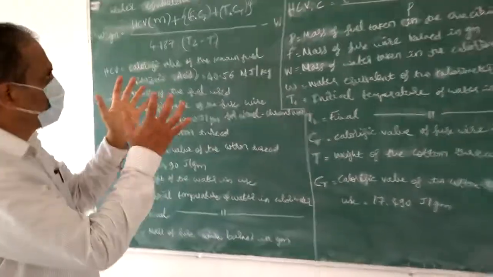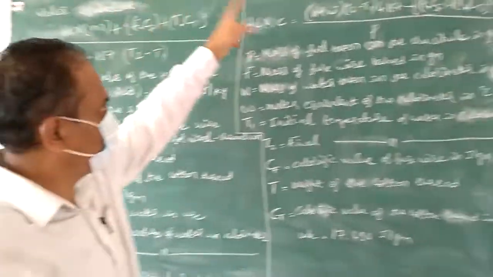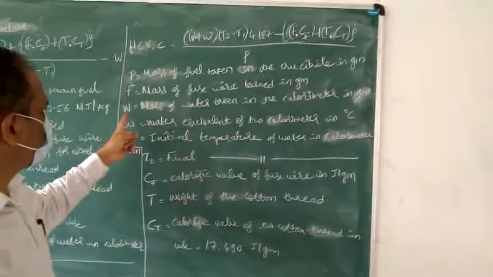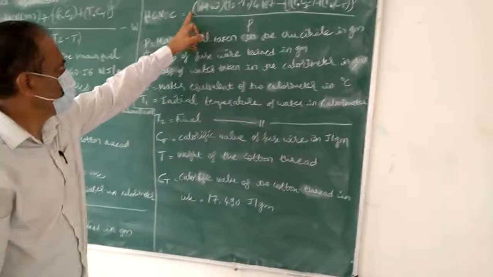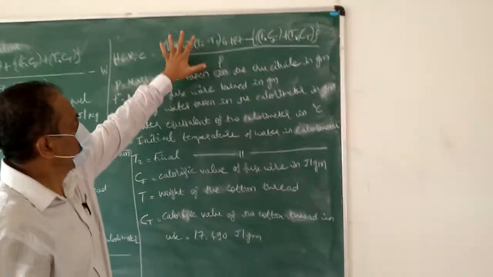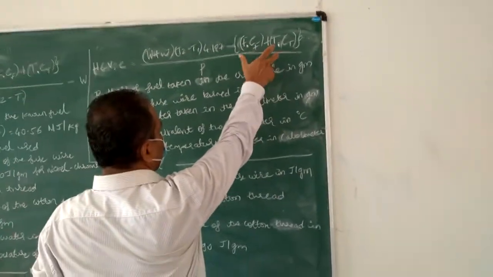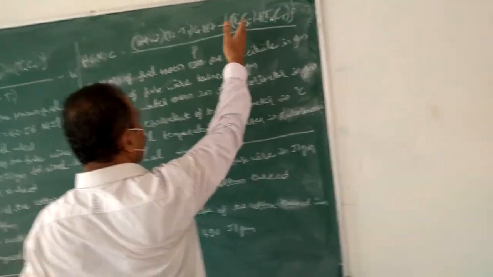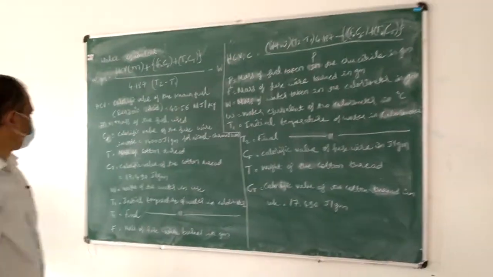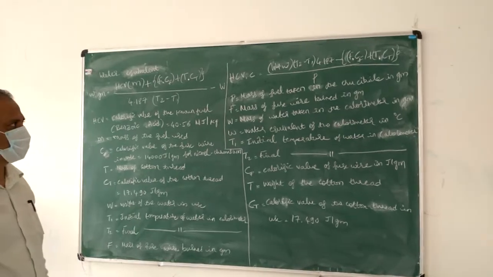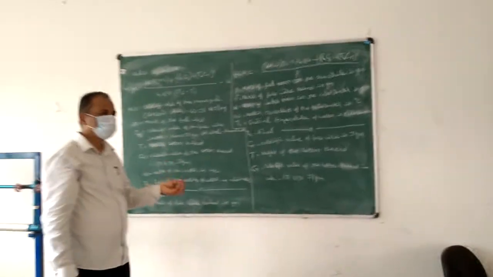This means that the amount of water we are converting into water equivalent is added to the W here. W, capital W, is the mass of water in the calorimeter, as we discussed, 1500 grams, plus this water equivalent, M into Cp into delta T. We will remove the mass and calorific value of both the nickel chromium wire as well as the cotton thread, divided by M, the mass of fuel, to get the higher calorific value. So this way, using these two simple relationships, we can find out the higher calorific value of solid fuel or even liquid fuel.